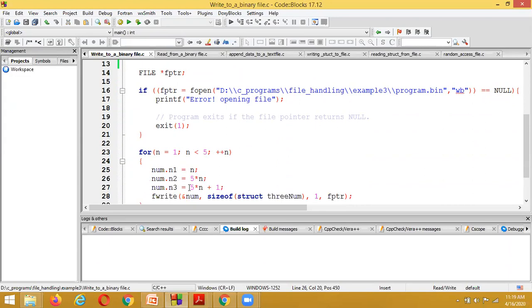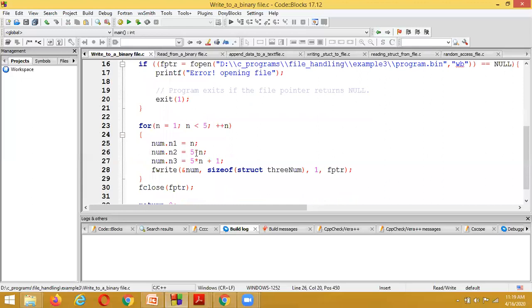Like this, this statement is going to be executed 5 times. The first time it assigns 1, 5, 6, and the second time it assigns 2, 10, 11. Like that, every iteration it is going to write.